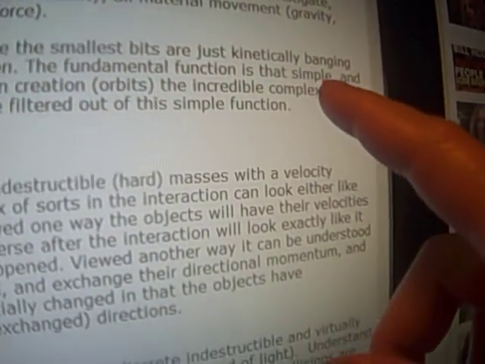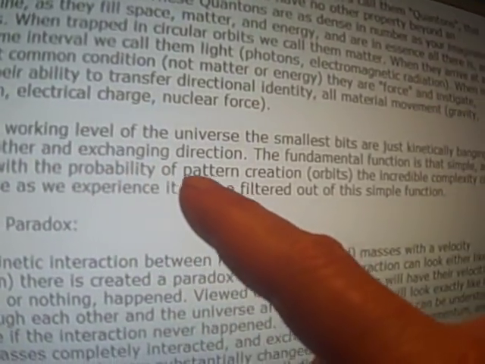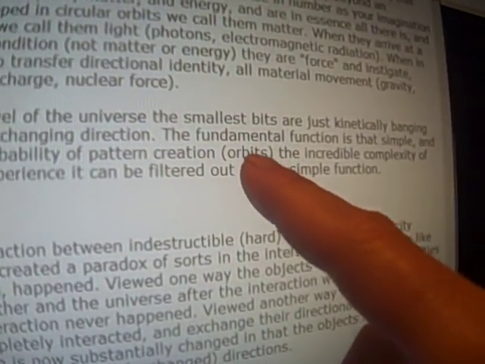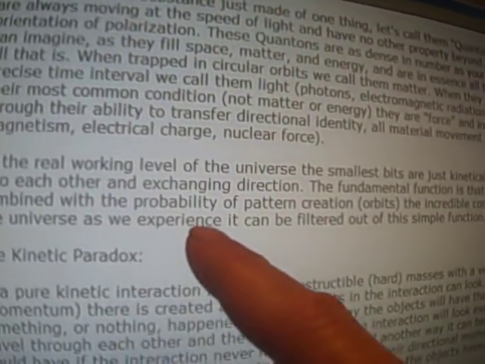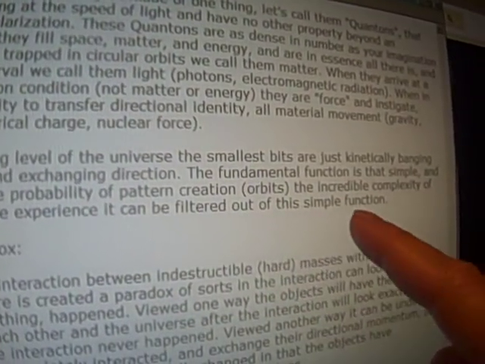The fundamental function is that simple, and combined with the probability of pattern creation, orbits, the incredible complexity of the universe as we experience it can be filtered out of this simple function. So once, the argument is going to be, once you establish an orbit, the constant pressure of the field maintains the orbit through this shadowing effect. And once you create a separation between two quanta, a distance, a period, and a direction, it'll never go away,